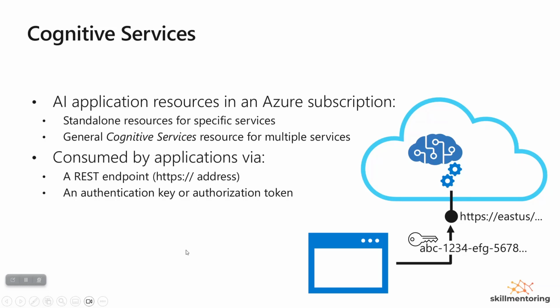Whenever we create a cognitive service resource on Azure Cloud, an authentication key or authorization token is made available, and this has to always travel along with the request to authenticate that your request or your application is legitimate. And if it is found to be a legitimate request, the cognitive service will return the results depending upon which type of cognitive service you are calling.